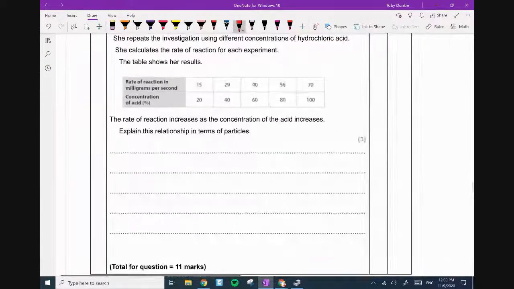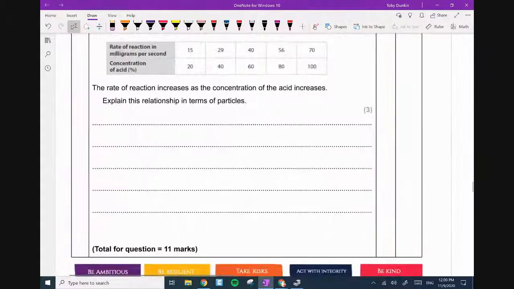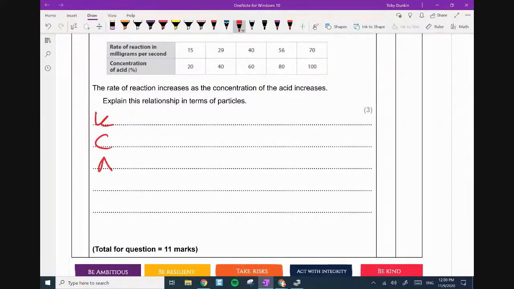Next, increasing acid. Oh, so this question was a repeat. So I apologize for this, folks. Yeah, I need to find a better question there. I didn't make the paper. Because if you got the first one wrong, then you're going to get the second one wrong. You're running into concentration again.